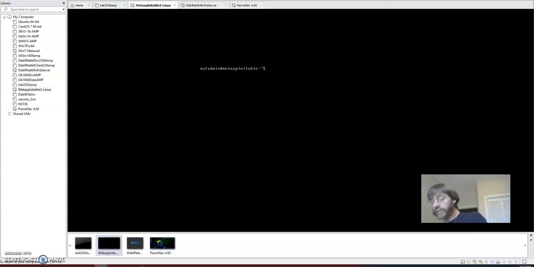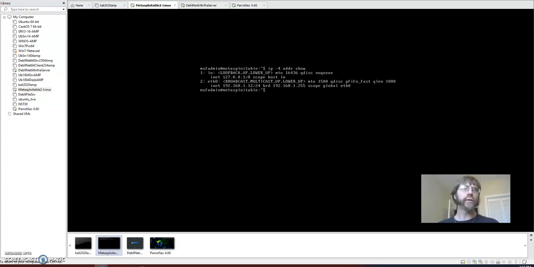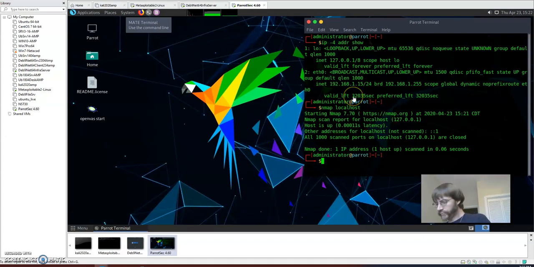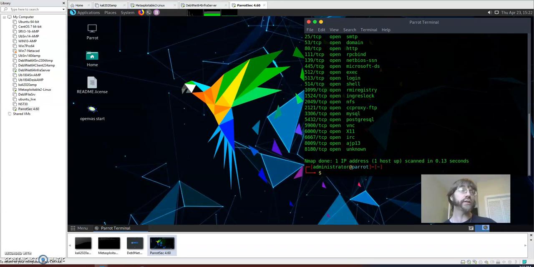What is its IP address? IPv4 address show. Okay, 112. So the next thing to do, going back to ParrotSec, nmap. I can do an nmap of 192.168.112, and as you can see, there's quite a lot open. We're going to check to see if we can duplicate these kinds of results from inside the ParrotSec